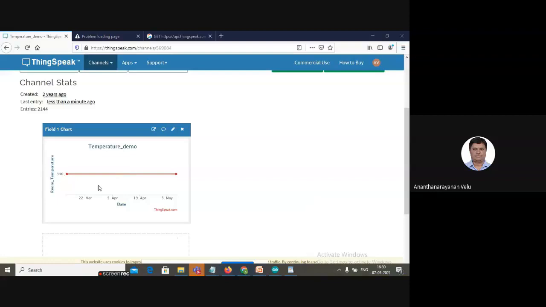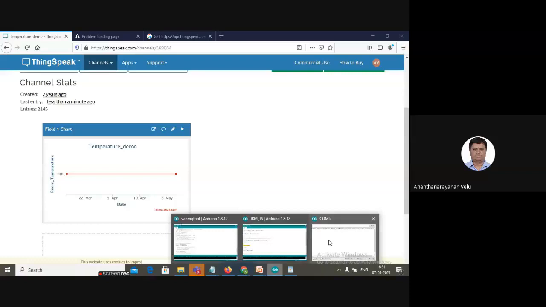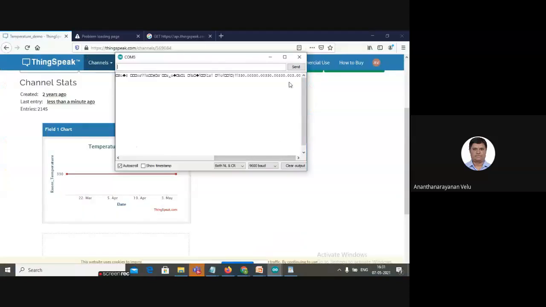330, right? Now, what I'm going to do is change the wire to 0 volt. Okay, I had changed it to 0 volt. It should be reflected shortly, right? Yeah, now we got only 00 something, 003.